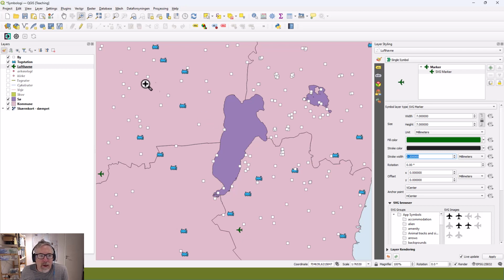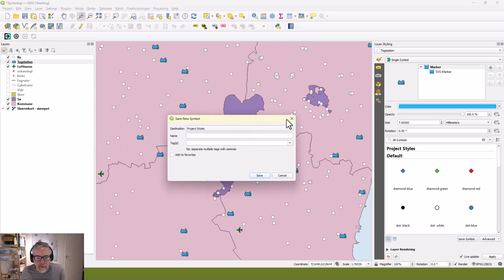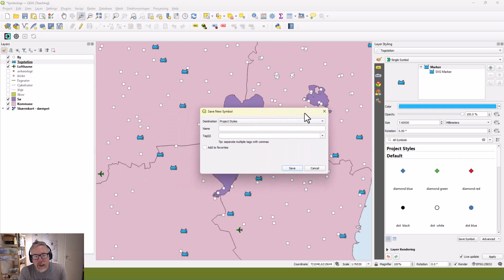If you discover that one of these is something that you really enjoy and you'd like to use again on other maps, you think it's an effective symbol, I can select Toestation, and you can see that down below there's this option to save this symbol. If I click Save Symbol, I get this Save New Symbol dialog, and I can save it either as a project style or in default, meaning my main symbol library. And I could save this as Toestation,